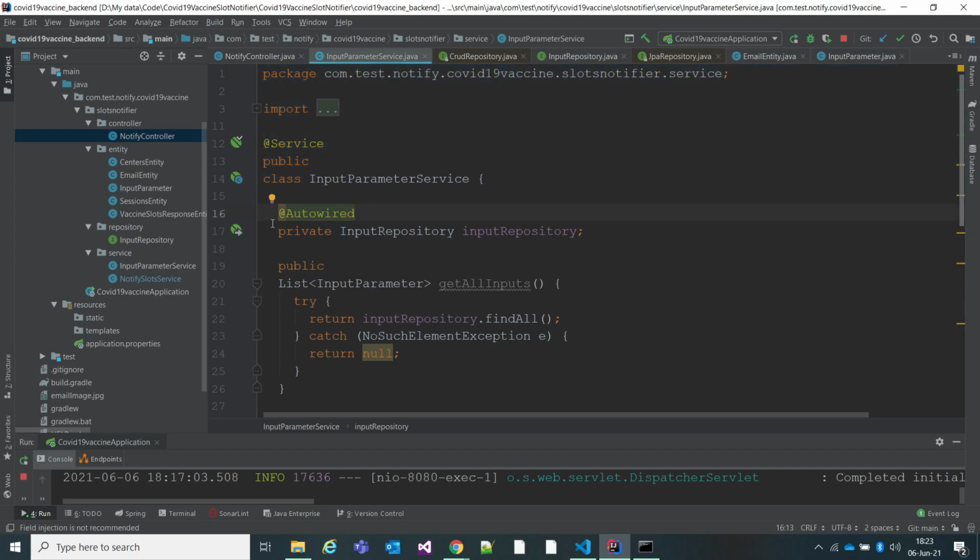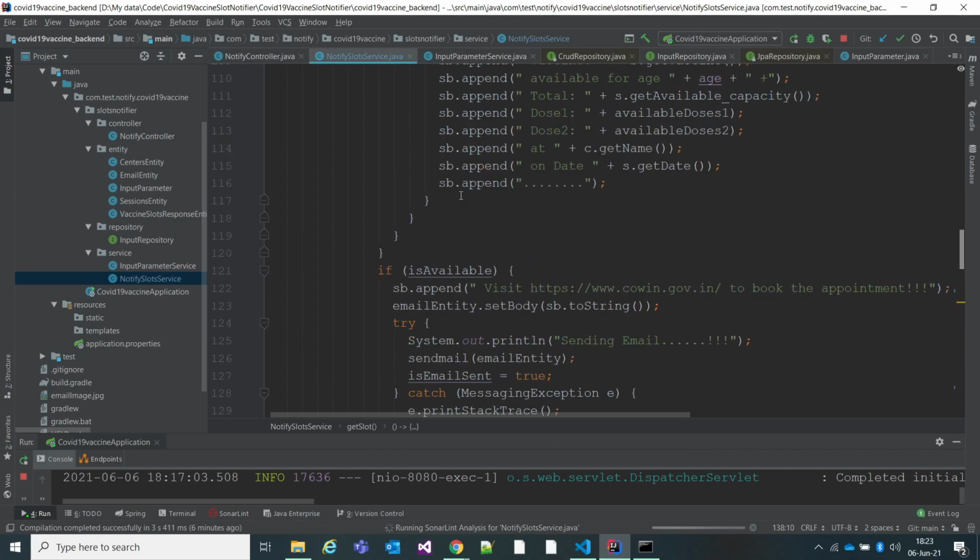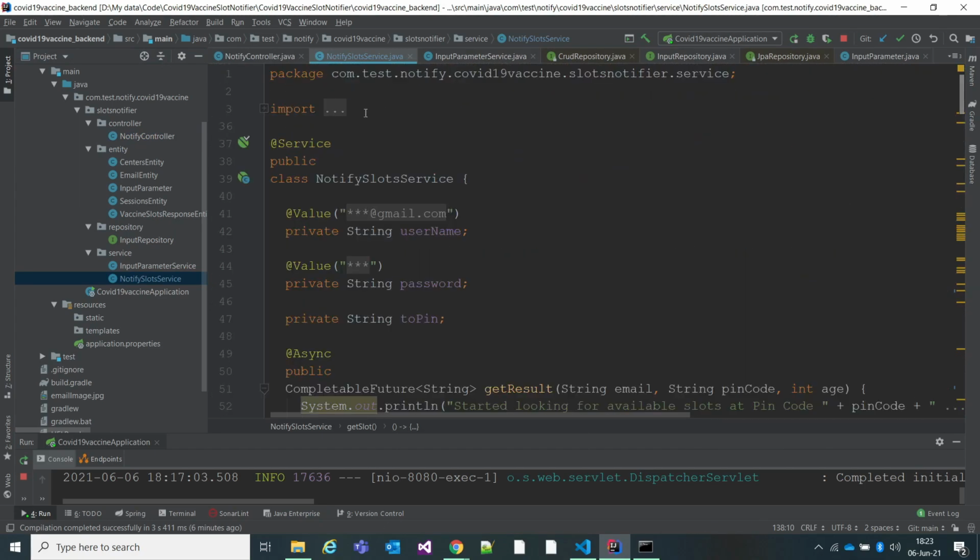Now, as I have said, in the notify controller, input parameter service I have auto-wired. Similarly, I need to create another service, which is notify slot service, which I have created here. I'll not be doing any JPA interaction here, but I have annotated this as a service because I want this as a service.